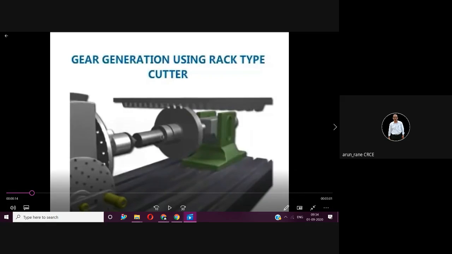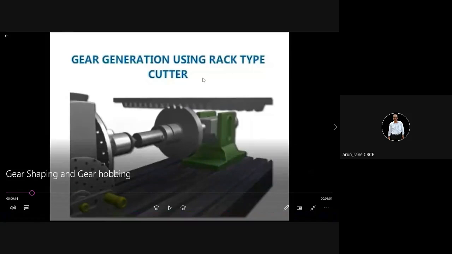Now, blank you understand. Blank means the teeth are not cut. So one is your master gear that also acts as a cutter, and the two gears rotate. Remember, out of these two, one is the master gear or cutter, and the other is the blank, on which the teeth are cut by this cutter. Now the teeth on the master gear will look like a rack cutter. This is what is called the rack. It has straight teeth. The teeth on the master gear will represent the teeth of the rack.